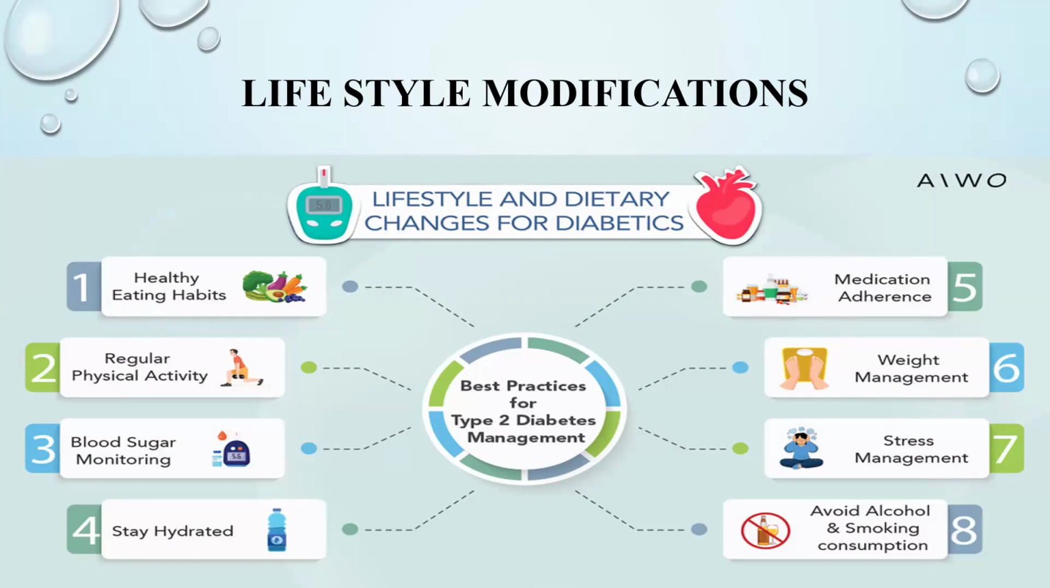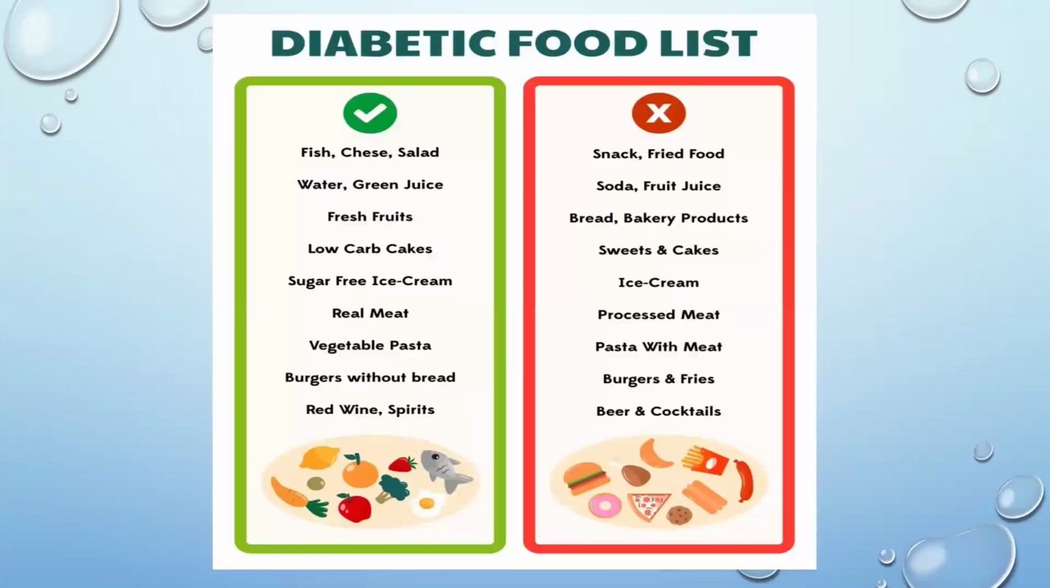They should stay hydrated. Compliance to medication is very important. Weight management, stress management, and avoiding alcohol and smoking. So the food of the diabetic patient should include fish, cheese, salads, water, green juices, fresh fruits, low carbs, sugar-free ice